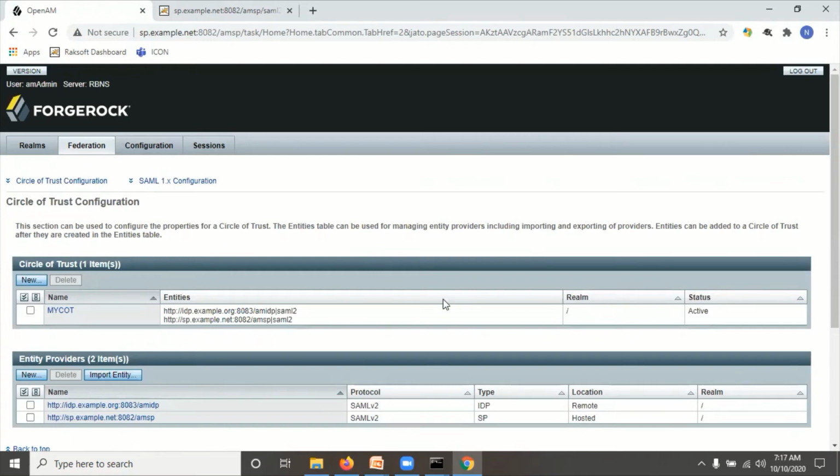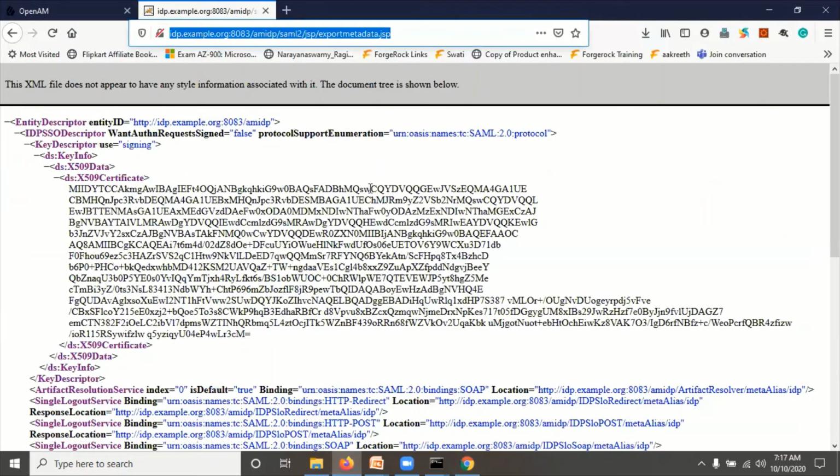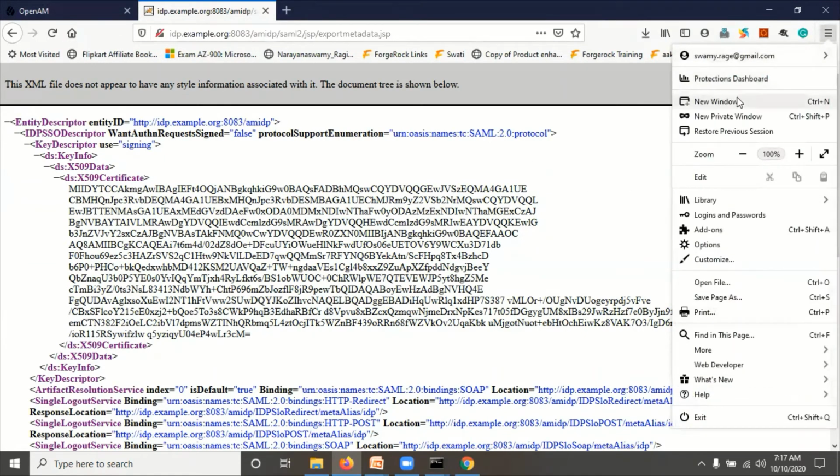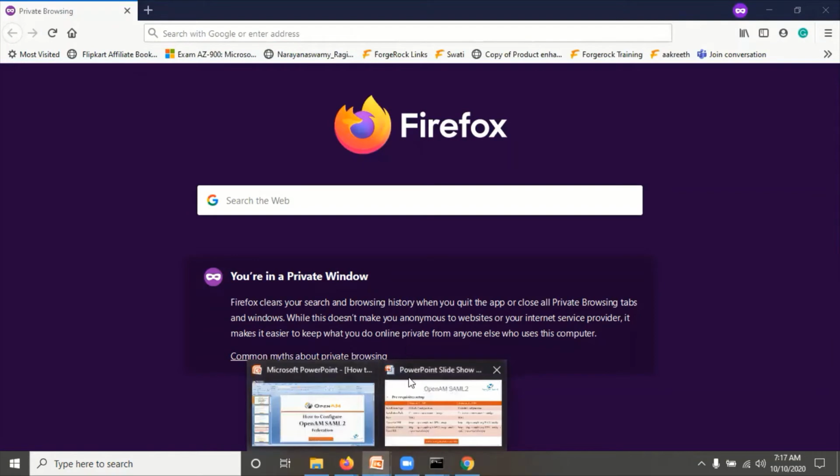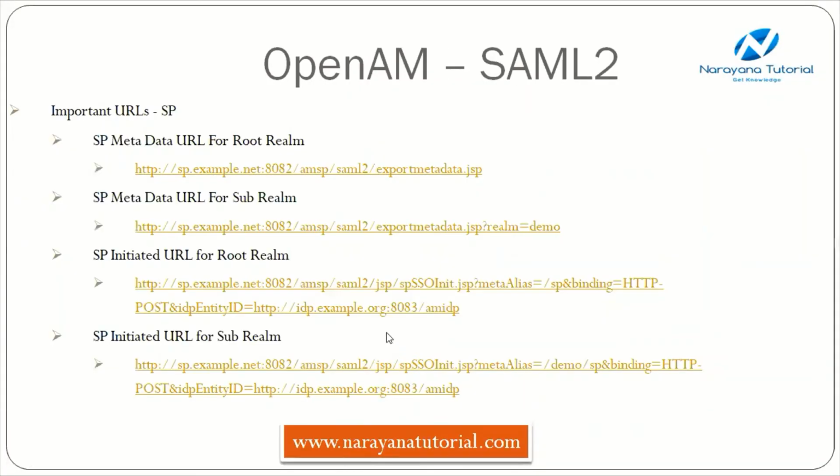Now how to test? We cannot use the same browser, so we have to use an incognito, new private window from Firefox. Now go to these URLs. We are going to test the SP metadata URL for the root realm, and SP metadata for the sub realm, SP initiated.